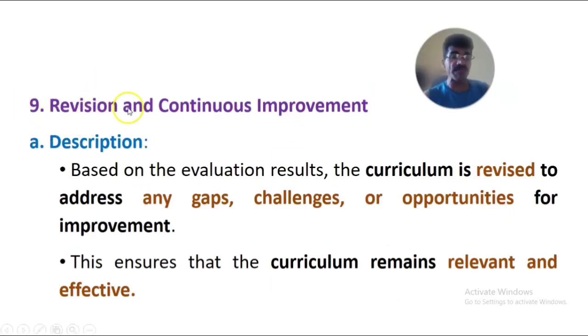Then the last step is revision of the curriculum and continuous improvement of the curriculum. Revision and continuous improvement is based on the evaluation result. Based on the feedback, the curriculum is revised to address any gaps, drawbacks, any challenges faced, or any opportunities for improvement for further success of the students. This ensures that the curriculum remains relevant, appropriate and effective according to the current healthcare trends, healthcare practice and current nursing